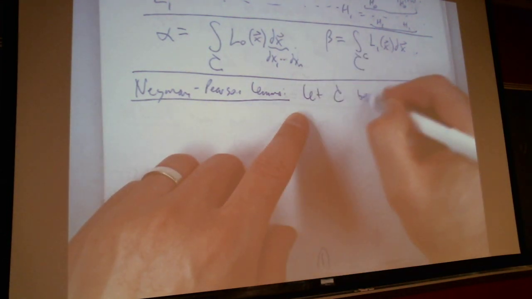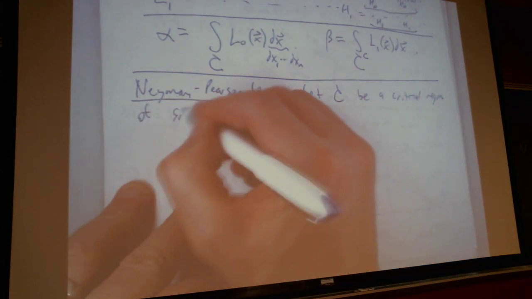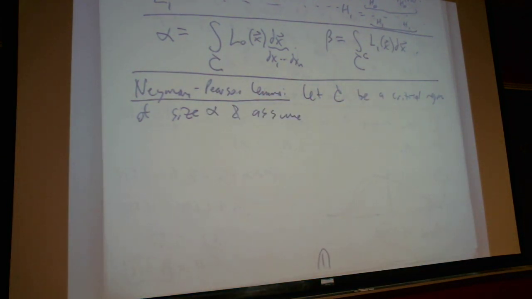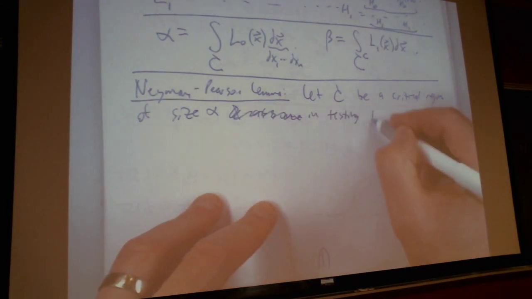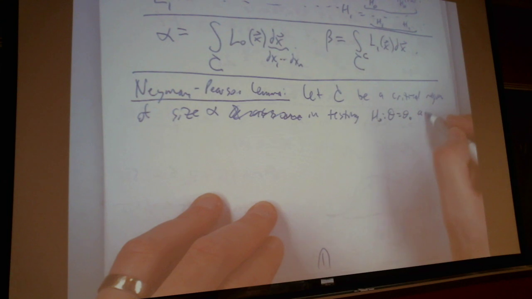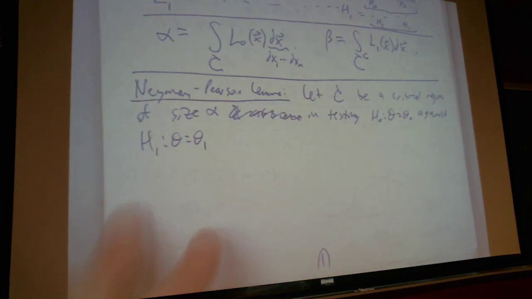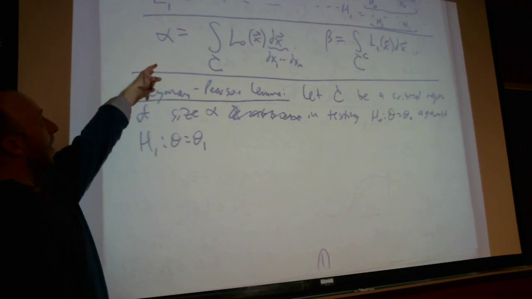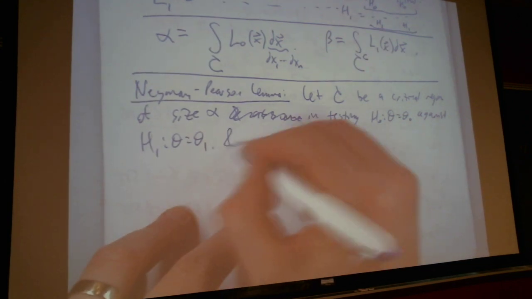Let C be a critical region of size alpha, and assume, in testing the simple hypothesis that some parameter is equal to one value against the alternative simple hypothesis of the parameter being equal to the other value. If we don't have simple hypotheses to test, we're going to discuss that today. But when we're testing simple hypotheses, we can just use the likelihood functions of those two hypotheses and assume